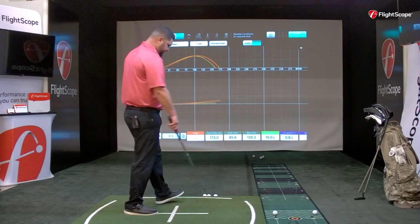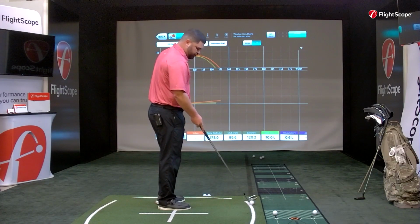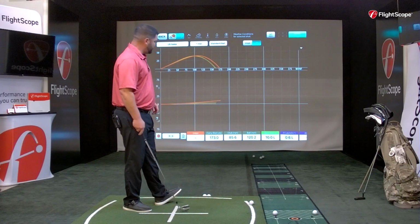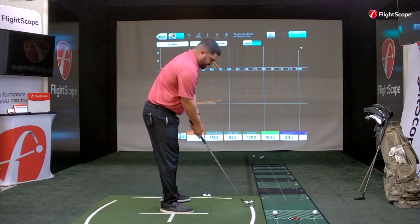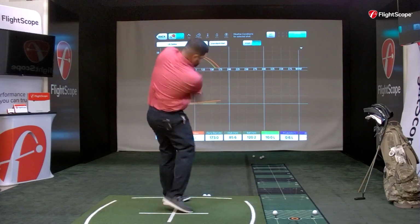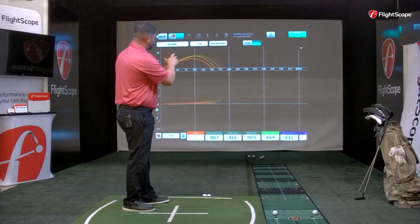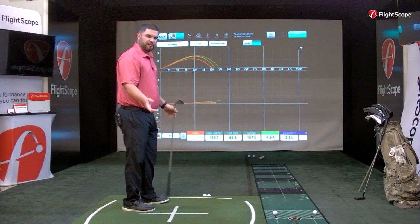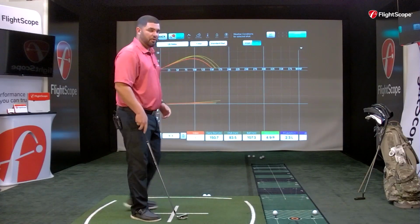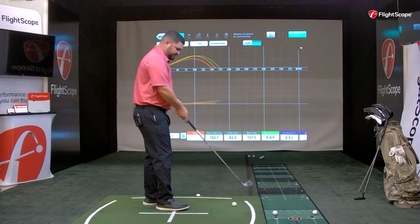Now something that's pretty interesting about the VX software, which personally is my favorite software, it just has a lot of capabilities, is if I were to hit a shot now on this screen, it's going to take me back to the trajectory screen, and then once it draws that out, it brings me back to the screen I was on. So you don't lose your place in the software, but you do get to see the ball in flight. So that's 2D trajectory. Now we're going to go back to the 4 squares,